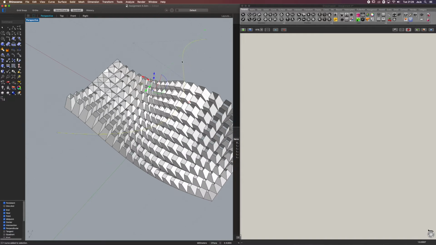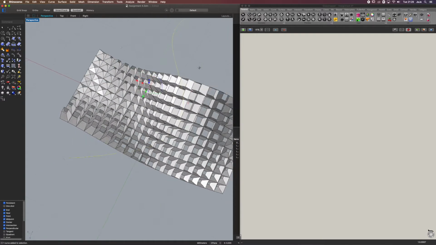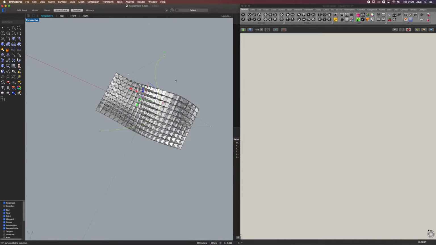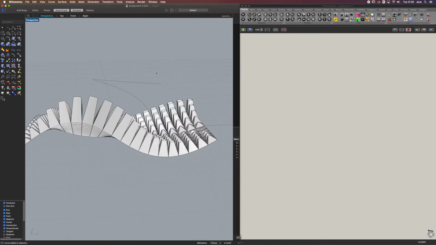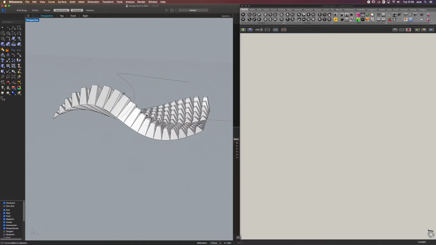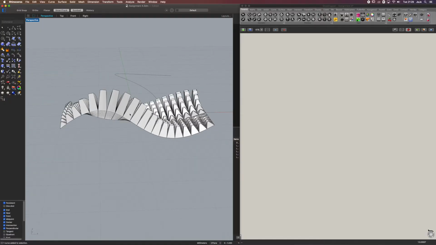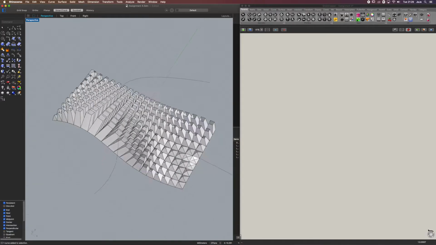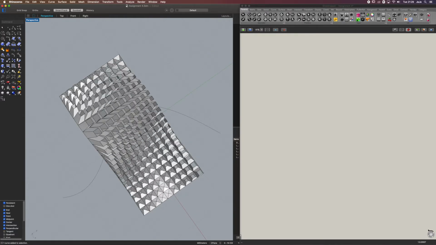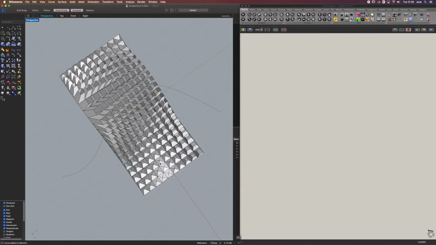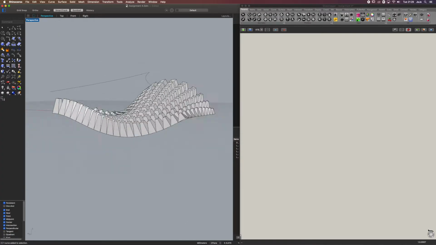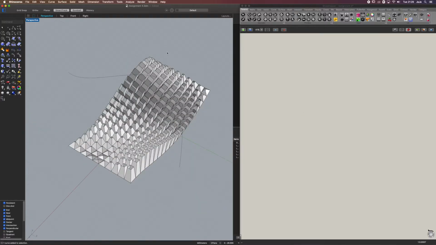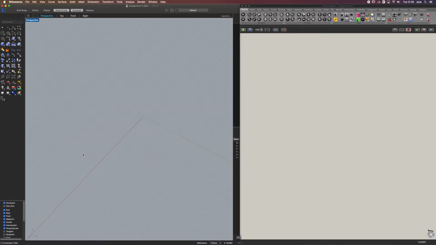For example, there's a curve that is the attractor, and based on the distance that it has to our surface, it will create this effect that distributes different extrusion lengths along these modules, as you can see. Also, it affects at the same time the amount of opening, the openness of these modules. We're going to go step by step to see how we can create this